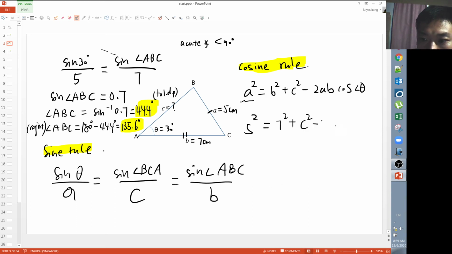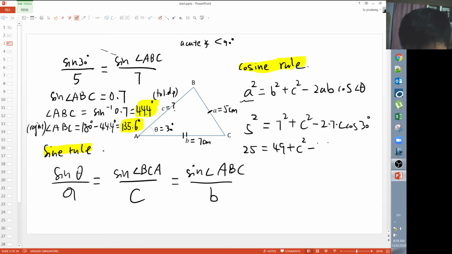minus 2 times 7 times C times cosine 30. What you need to do is just continue to solve this. So this is 25 equals 49 plus your C squared. Here 2 times 7 is 14, 14 times cosine 30, so cosine 30 times my C. I hope you can see you will end up with a